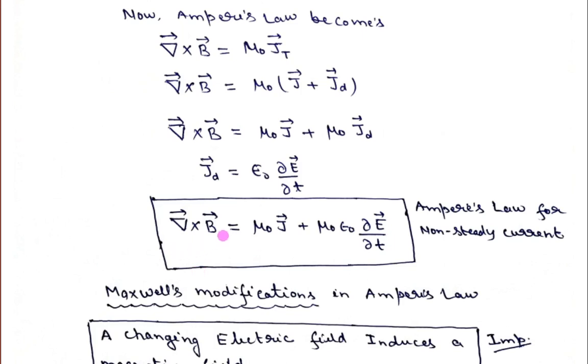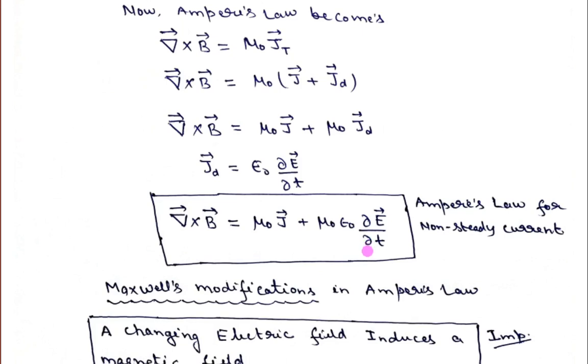So this equation is known as Ampere's law for non-steady current, or you can simply call it Ampere's law also, because if steady state current is there, then obviously del cross E for steady state, del E upon del t, will be equal to 0 because dD will be equal to 0. So del cross B is equal to mu 0 J. So that is the old Ampere's law. But if you involve the non-steady case, then this term has to be included. So this equation is known as Ampere's law with Maxwell modification.